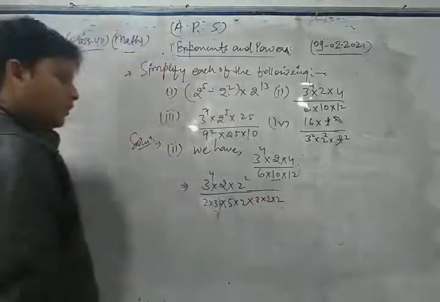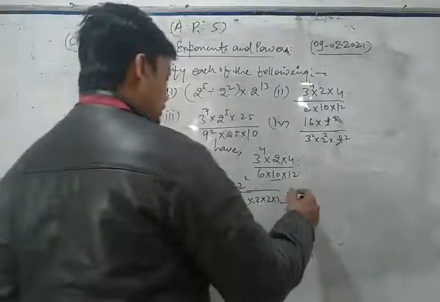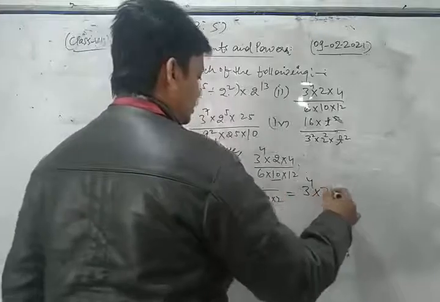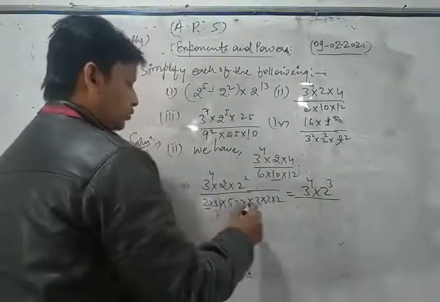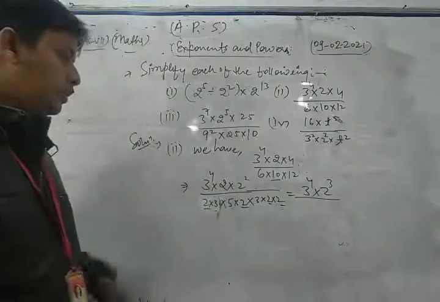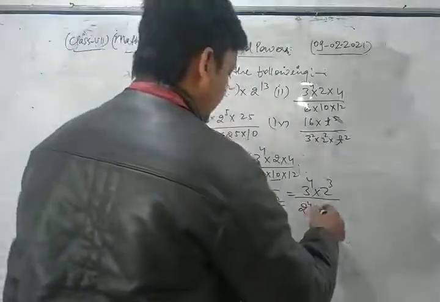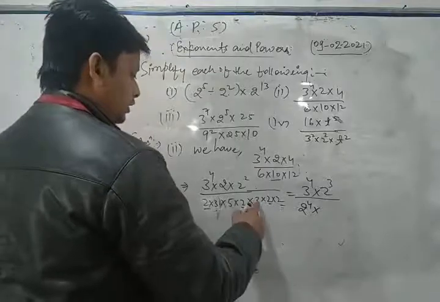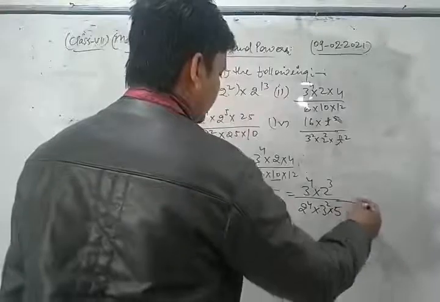First of all, we do their prime factorization. Now we write 3 power 4 as it is, into 2 power 2 into 2, upon here, look at this, 2, 2, 2, 2. So here we apply the laws of exponents, and we get 2 to the power 4. Now 3 is mentioned 2 times, so 3 power 2, and 5 is mentioned 1 time, so 5 as it is.